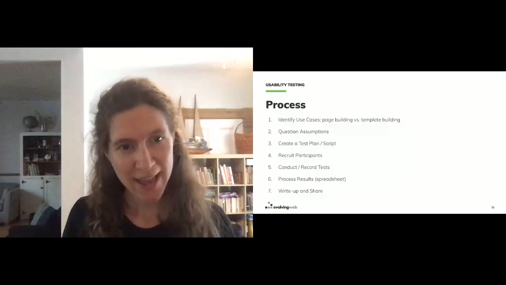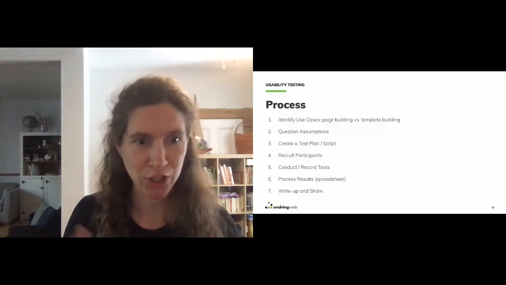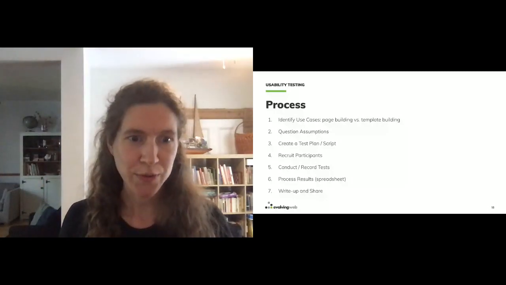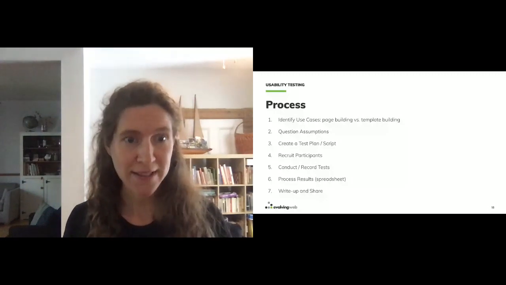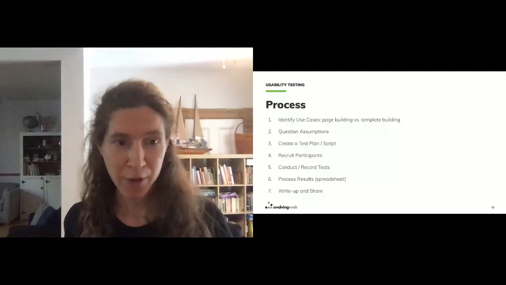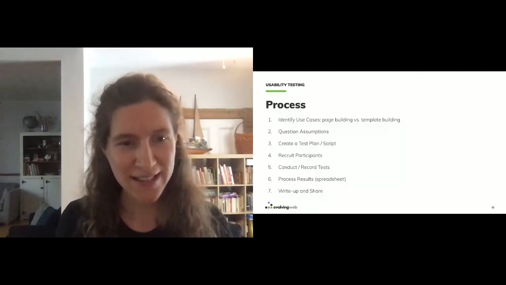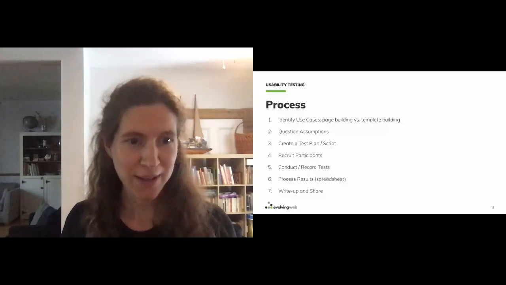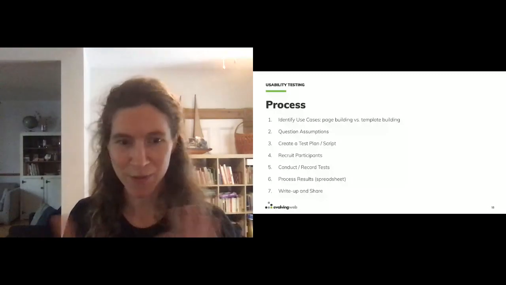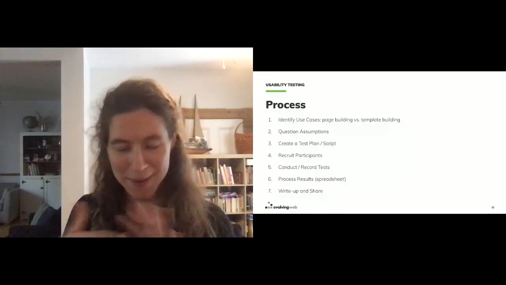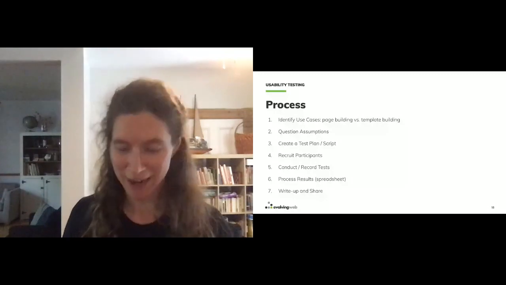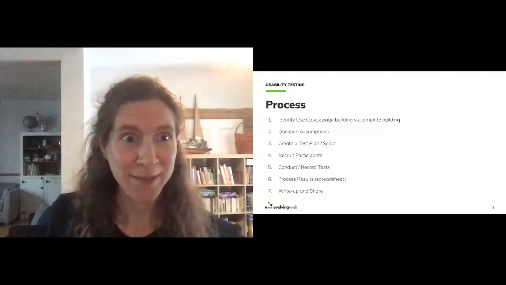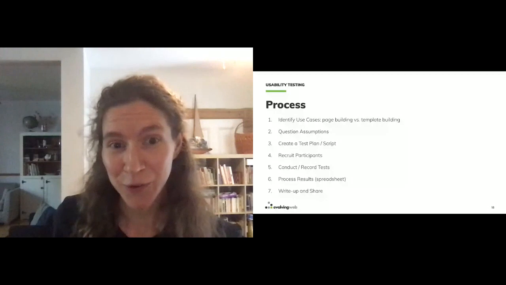We created a script, and then we ran through the exact same script with each version of the website. And we configured the websites in advance. So we configured one website where users were creating the content with paragraphs, and another website with the layout builder. We configured them in advance to have these building blocks, these content components that users could work with. Then we recruited the participants and we ran the tests. We took videos and made a huge spreadsheet with all of our findings, and there is a write-up that you can also see with more information. But I'll just share a summary so you can see how this might influence your own decisions.